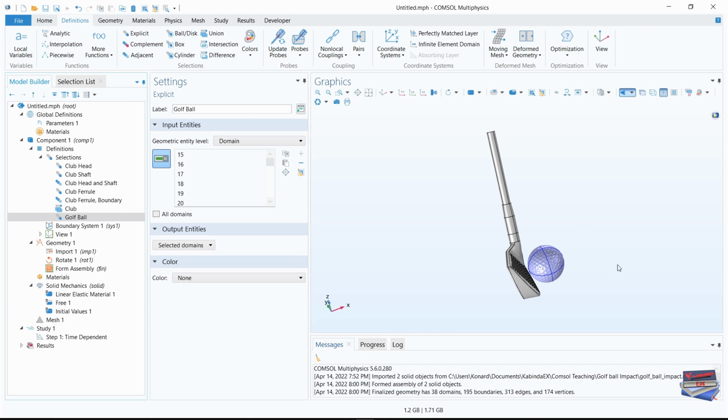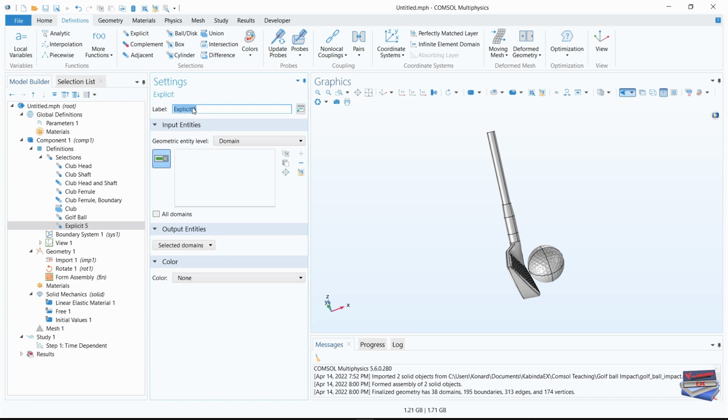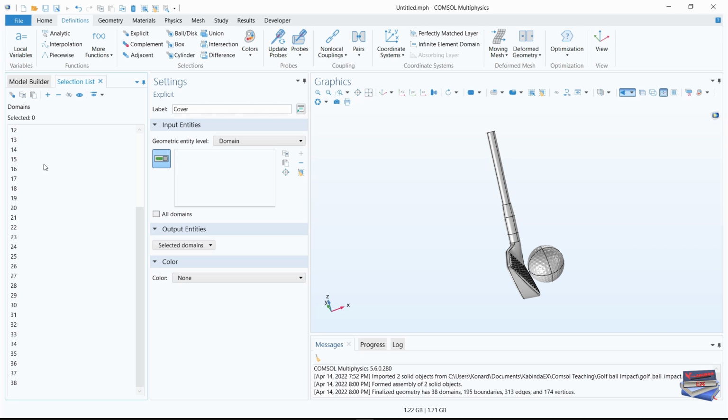As you can see, it's highlighted in the graphics window, and we'll then create a cover. Let's add another explicit cover, and here let's add 15 to 18, okay, and we want the other half of the golf ball. So therefore, hold Control, select 27,